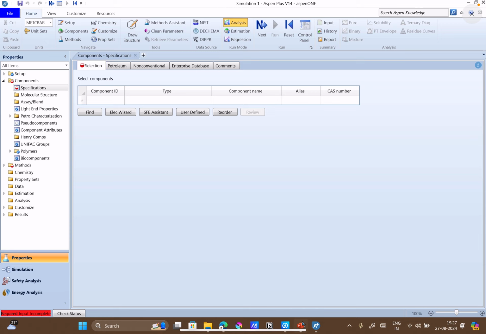So again we have to select the benzene toluene mixture. We will download some NIST data for PXY diagram of benzene toluene mixture and then compare which method corresponds well with the experimental data.